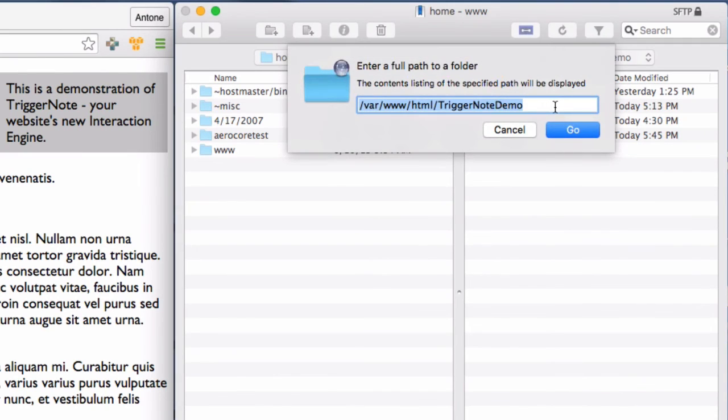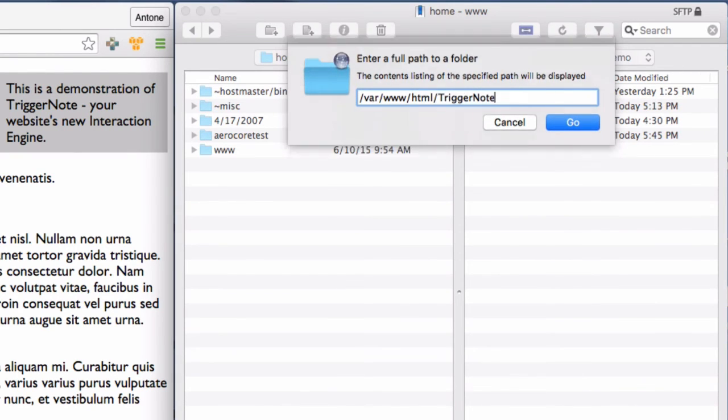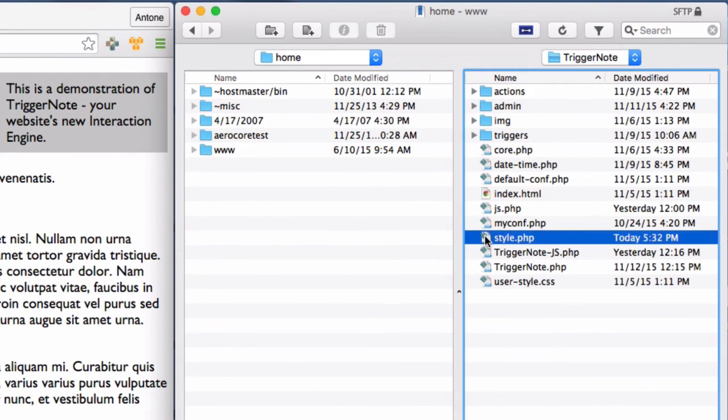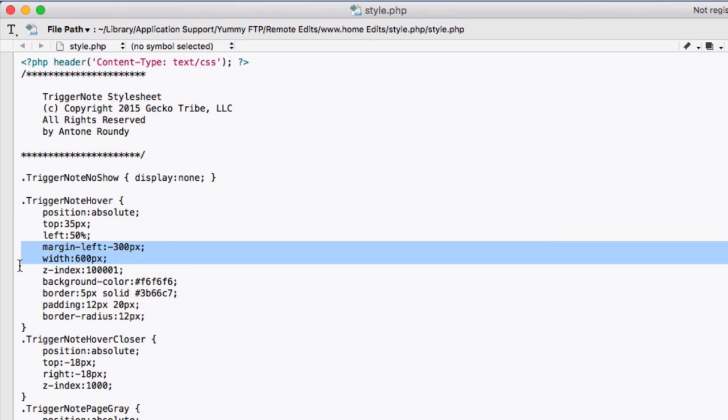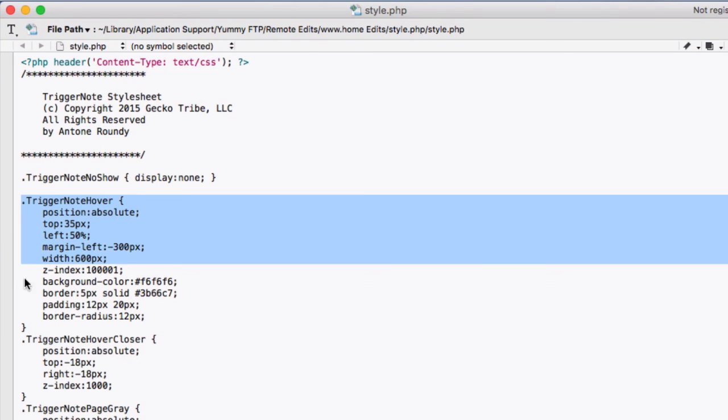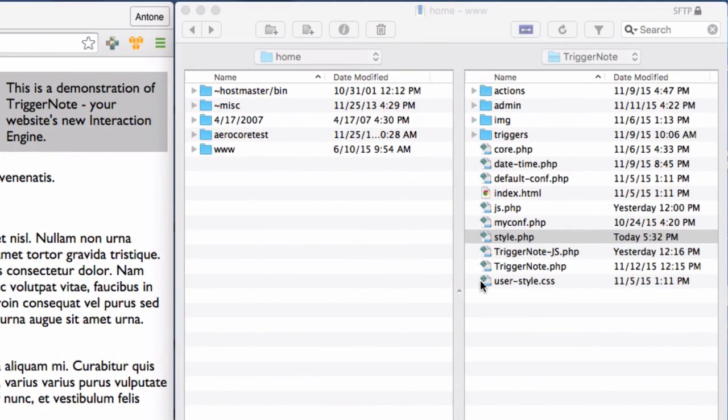Let me get into the TriggerNote folder and we'll open the main TriggerNote style sheet. As you can see, the TriggerNote hover class is defined here, and it includes settings for how wide the box is going to be and where it's going to be positioned. We position the left side halfway across the page, but then we give it a negative margin which pulls it half of the width back towards the left. So to resize this, what we need to do is override these settings. So we'll copy this code and then go into this file,